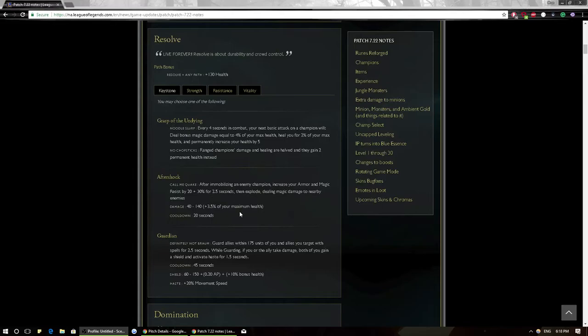And then we have Guardian, definitely not Braum. So Guardian: guard allies within 175 units of you and allies you target with spells for 2.5 seconds. While guarding, if you or the ally take damage, both